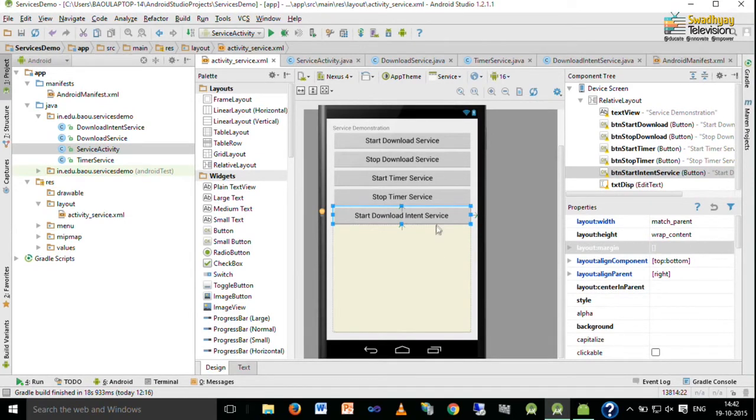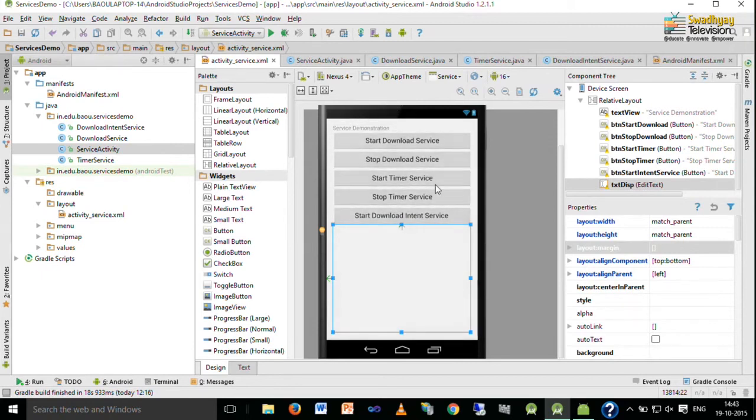In this case the same functionality of the first two buttons is performed using intent service, and there is no need to stop this service, so we have not included a stop button. Here one edit text is there in which we display the downloaded file. So, this is all about our interface.